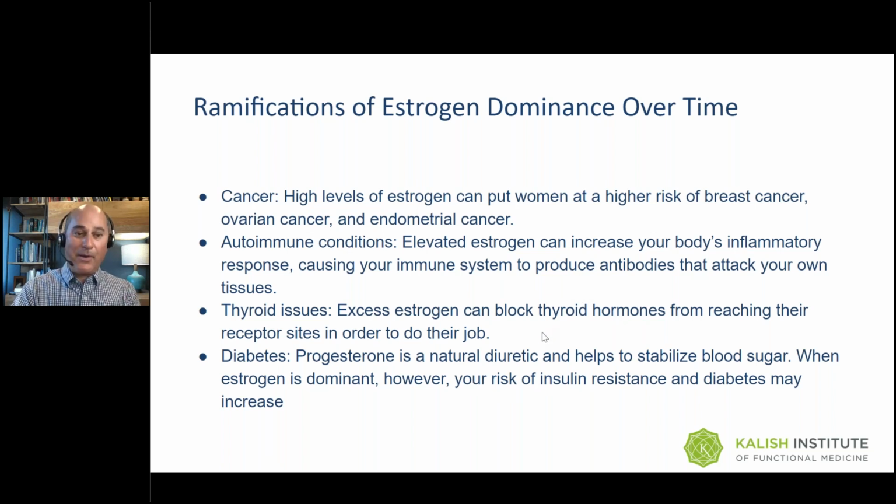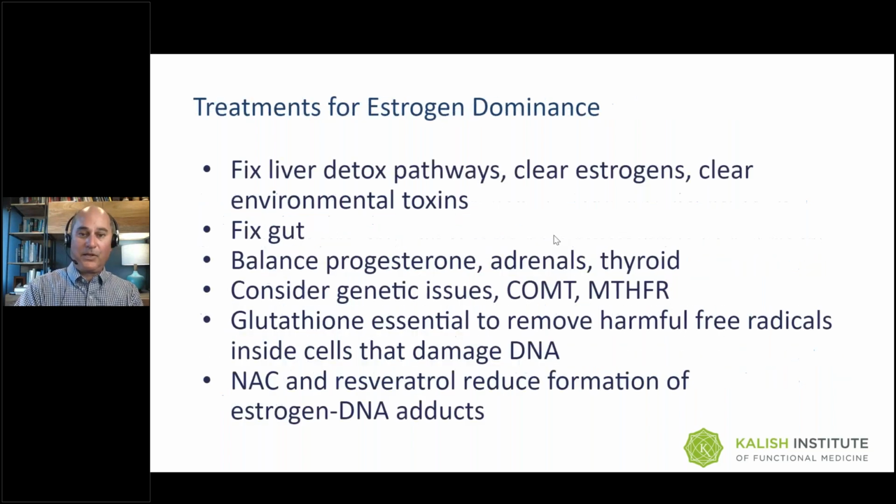You can also have thyroid problems that are associated with this, and progesterone plays a role, but we're not really talking about progesterone. We can talk about that some other time. Okay, so now,